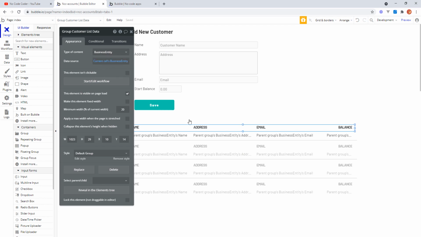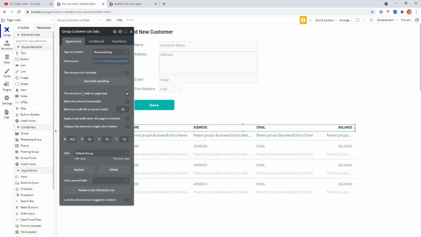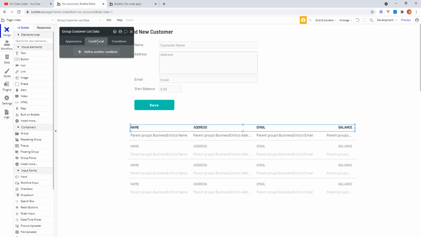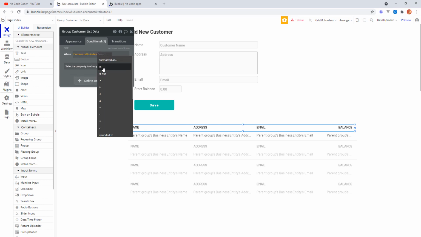So what we want to do is to make sure that the conditional is that these are only visible when it's on the first row. Okay, so the first thing we've got to do is make sure it's not visible by default. So the way we do that is this element is visible on page load. No. Conditional. Define a condition. And what we do there, we say when this current cell's index is